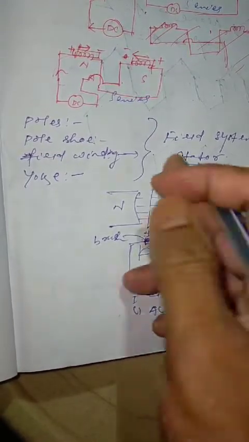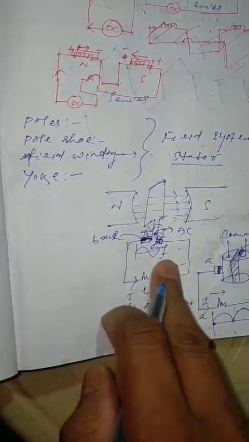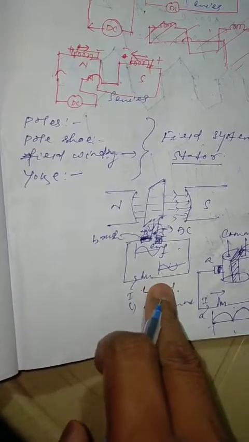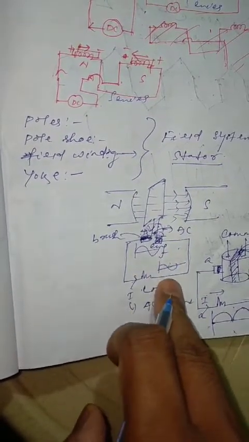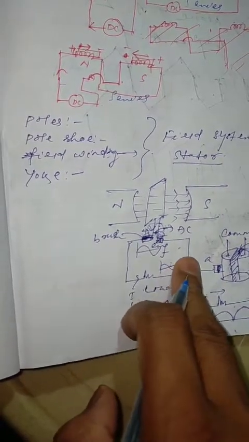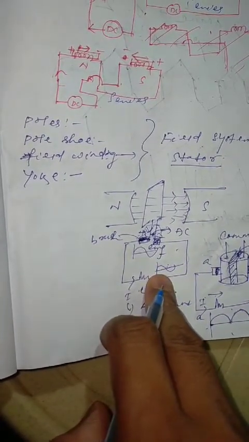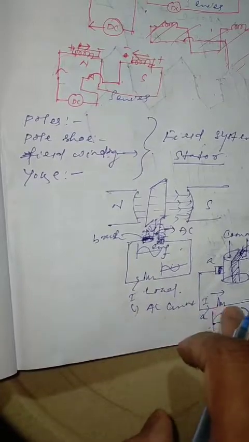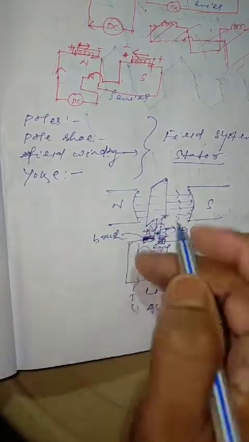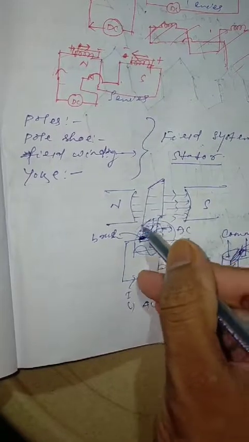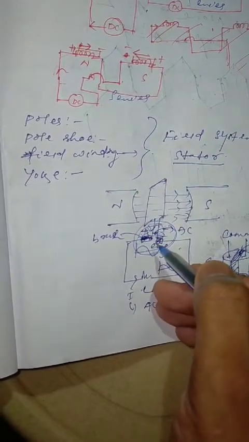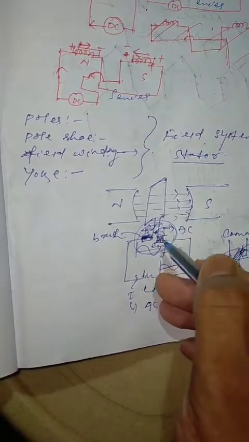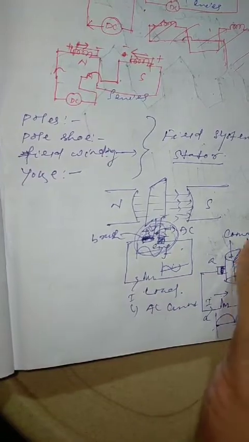But my point here is, as it is a DC generator, then at the output whatever the current will be flowing, already we have seen that the electrical energy is produced. Now the point is, whatever the electrical energy is produced here, that is DC in nature instead of AC, or that is unidirectional in nature instead of bidirectional. So now we have to convert this from bidirectional into unidirectional like this. So we have to do a special kind of arrangement. What is that arrangement? That arrangement is known as commutation, or here we have to use a device to convert the AC into DC. So what exactly is done here?